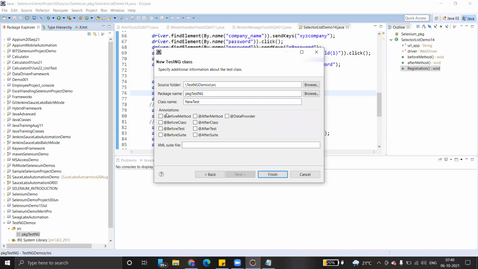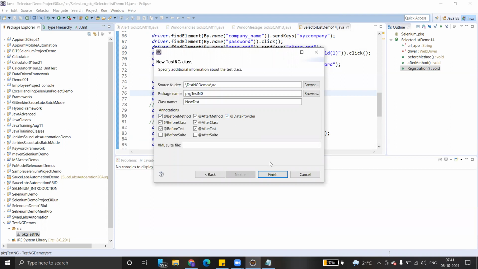Here you can see these are the annotations provided by TestNG: before method, after method, data provider, before class, after class, before test, after test, before suite, after suite. These many annotations are there.